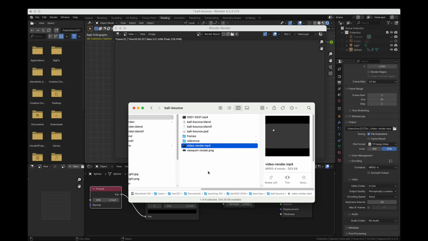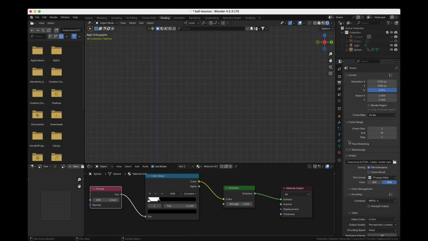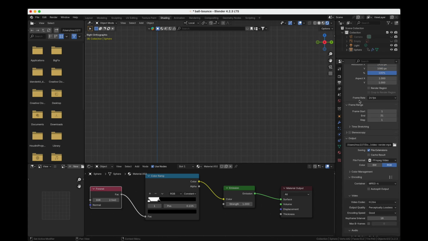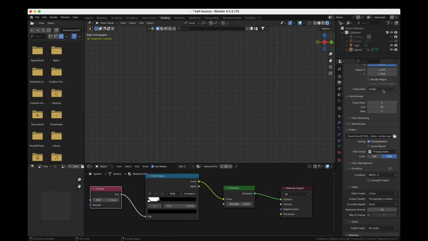And you might be asking, well, how do you set frame rate and things like that? So if we actually go up to where we have our resolution set, which is 1920 by 1080, Blender's default, if we scroll down, they actually have a frame rate setting as well. 24 is the default. Technically, I think film is 23.98,